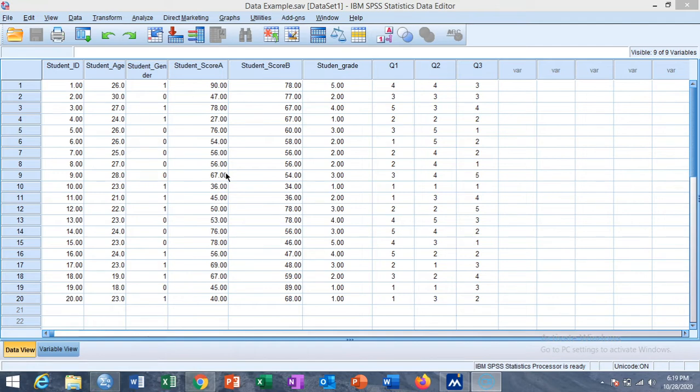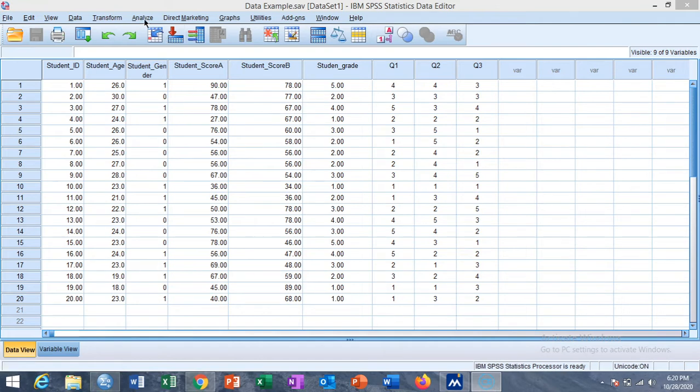For example, in this data of students, a researcher is interested in testing the hypothesis that the mean age of the students is 25. He or she claims that the mean of the student age is 25. So we decide on the basis of the given sample whether the researcher's claim is true or false, or whether the given data support the statement made by the investigator or researcher.